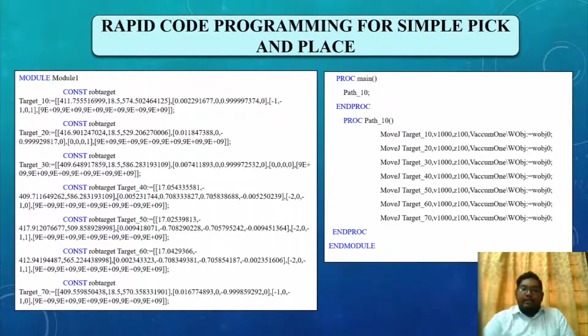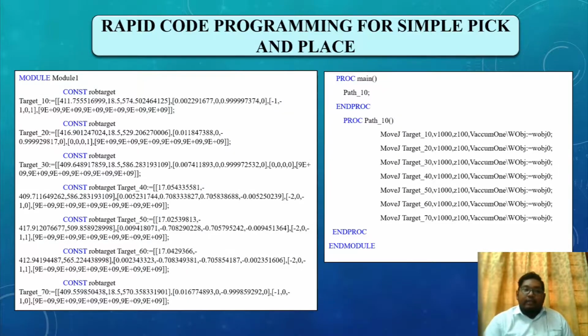Here is the RAPID code programming for a simple pick and place. The robot targets are set by the Teach Target function in RobotStudio, which allows us to position the robot at the desired coordinates. PROC main is required so the robot moves along the main path according to the sequence. Lastly, the procedure can be used to edit each target's speed and zone to ensure the robot movement